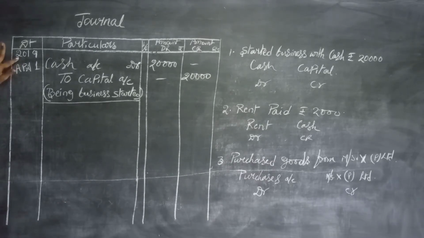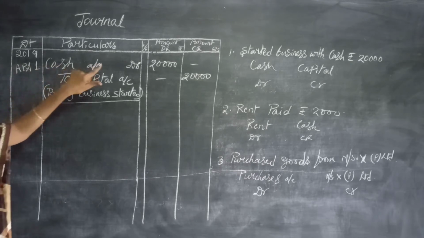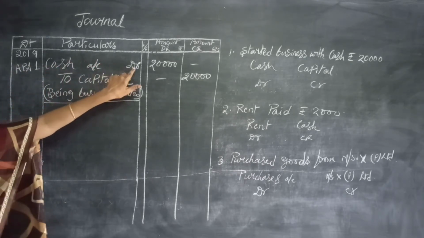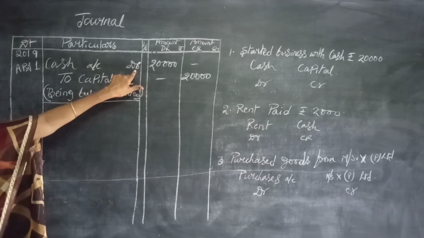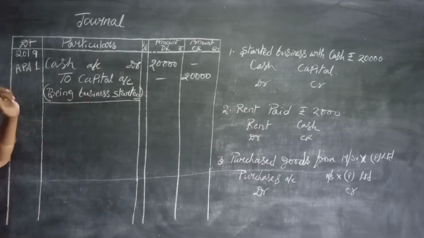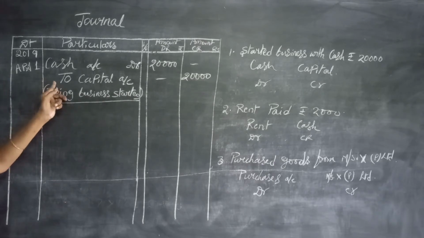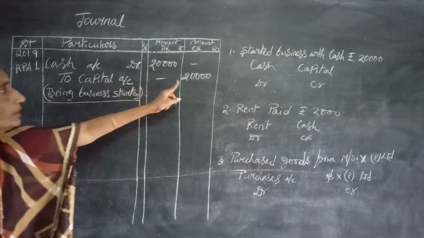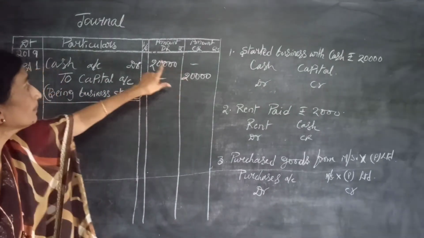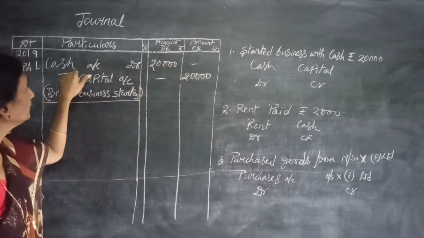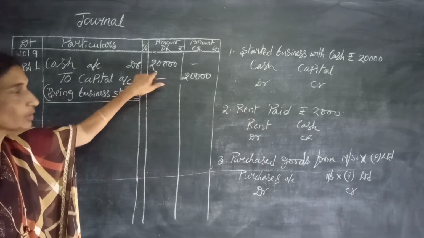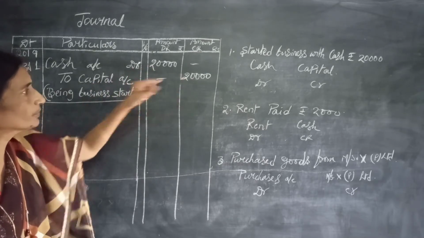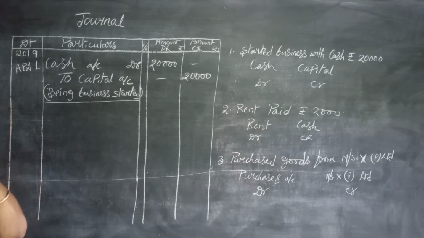So here, 2019, suppose the transaction has taken place on 1st April. Start with the debit item: cash account debit. The debit is to be written at the extreme corner of the particulars column. And which account is being credited? Come to the next line, leaving a space of at least 1 centimeter. Start with 'To' and capital account. The amount is to be written in the credit column. Do not write the amount in the same line. So the debited account has its amount in the debit column, and the credited account has its amount in the credit column. Now let us go to the second example.